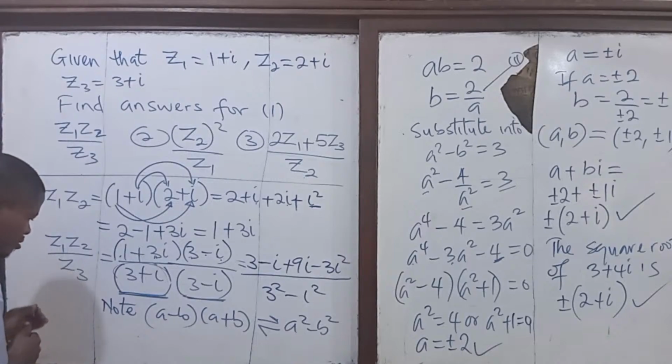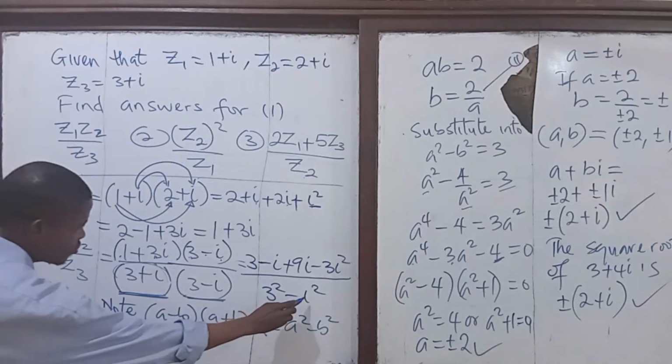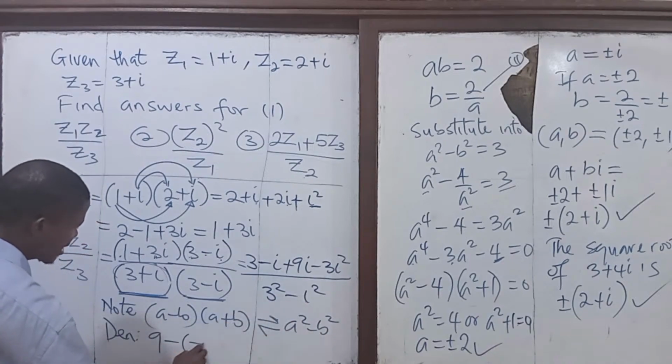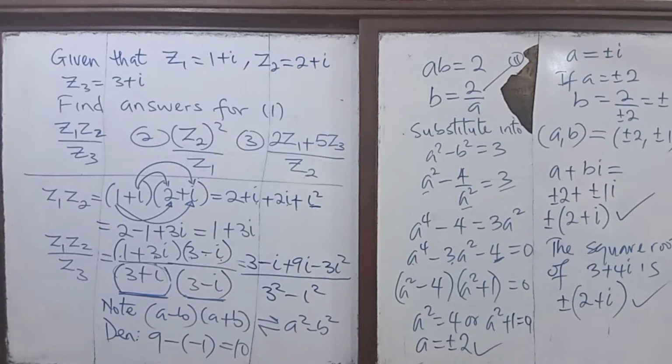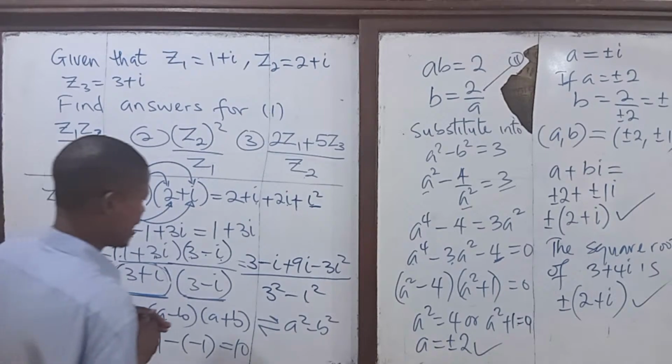For the denominator, that will be equal to 9. This will be minus 1. So minus into bracket minus 1, and that's a 10 for the denominator. And then for the numerator, we are going to have